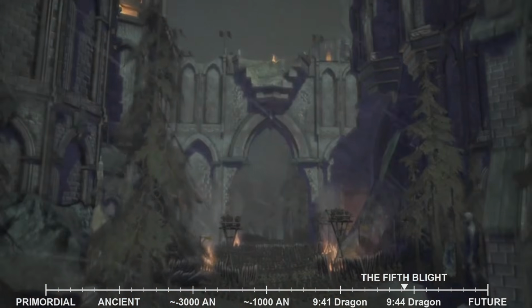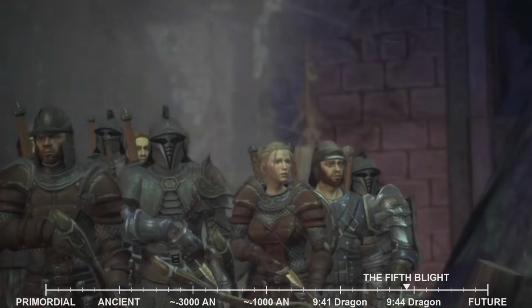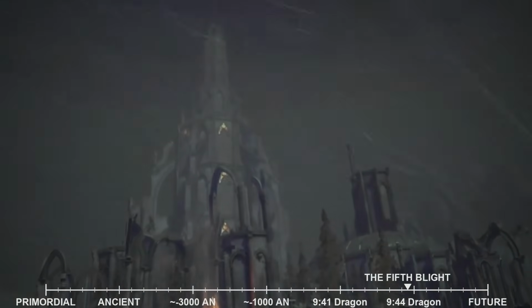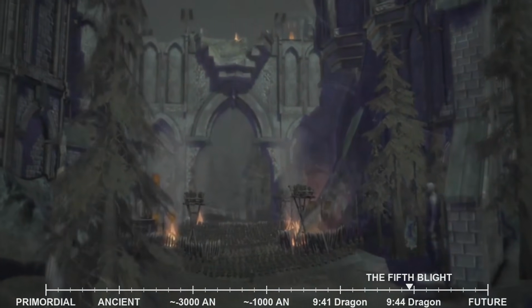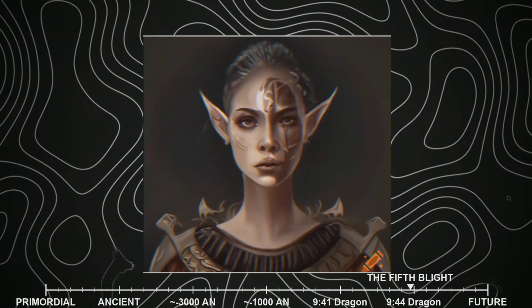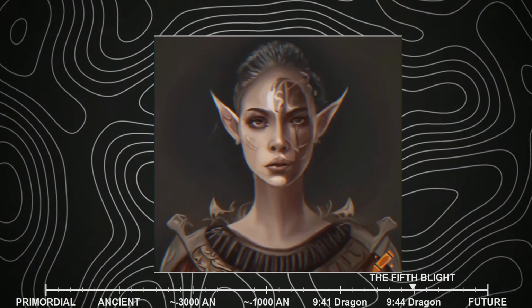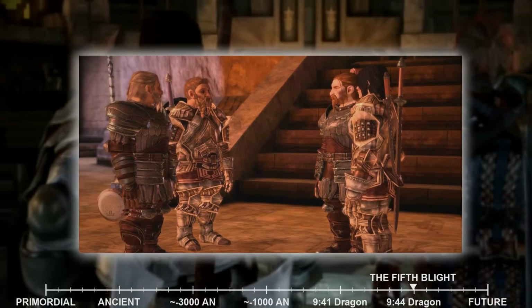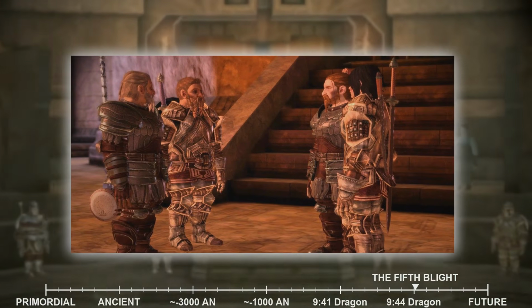As a human noble, you might have experienced the betrayal of a trusted friend, forcing you to flee your ancestral home. As a city elf, you might have witnessed the oppression of your people, culminating in a desperate act of defiance. A Dalish elf might have faced the encroachment of human civilization on sacred lands, while a dwarf commoner might have struggled against the rigid caste system of Orzammar. A dwarf noble, on the other hand, might have been embroiled in a bitter power struggle within the dwarven deeps.